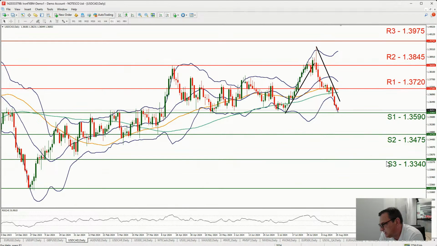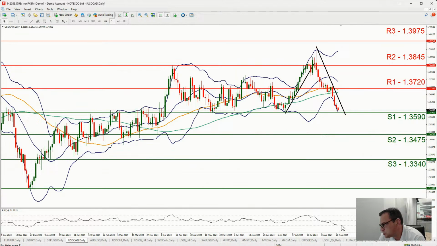For the time being, on a technical level, we're highlighting the bearish outlook. That's being based on two factors. The first would be the downward trend line guiding the pair lower. The second would be the RSI indicator, which is actually at the reading of 30, implying a rather strong bearish sentiment on behalf of the market for the pair. Also note how the price action since Monday has been flirting with the lower Bollinger Band, which may more or less have slowed down the bears somewhat for the pair.